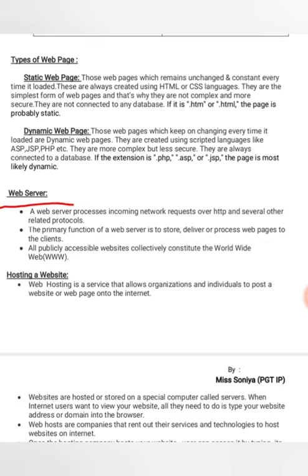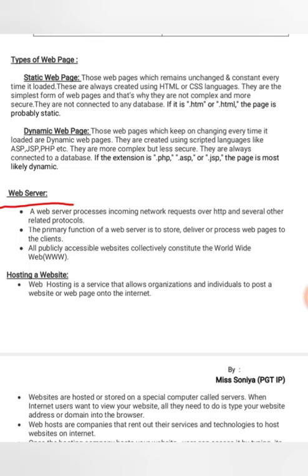As the name suggests, this is the server which shares web pages. If a client asks for something, it will respond in the form of web pages. Here the client will be the browser of a user, and the web server will be that particular computer system where the website is hosted, where all the pages and required files are stored. That system is known as the web server.